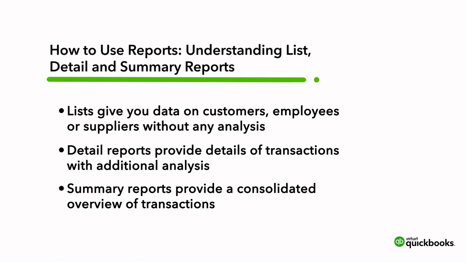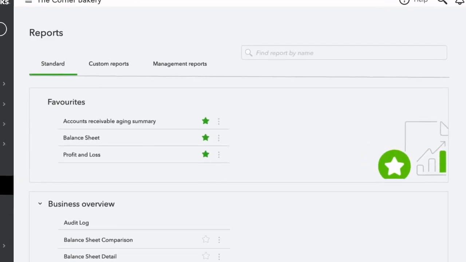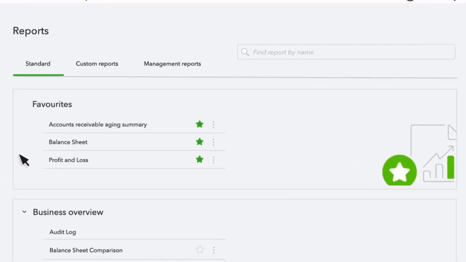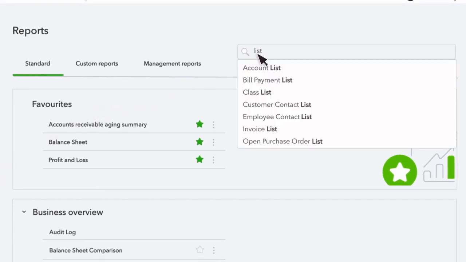To access a report, we will go to the Report Center by selecting Reports from the navigation panel. You can search for the report you are looking for. The first type of report is a list report. Let's type that in the search field. List reports are the most basic types of reports in QuickBooks because they merely list data and they don't have